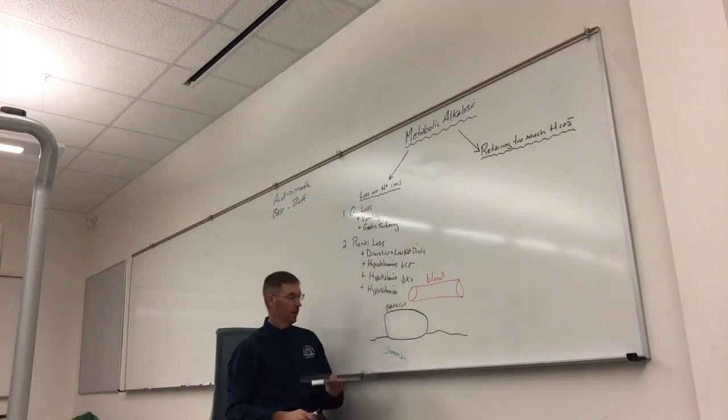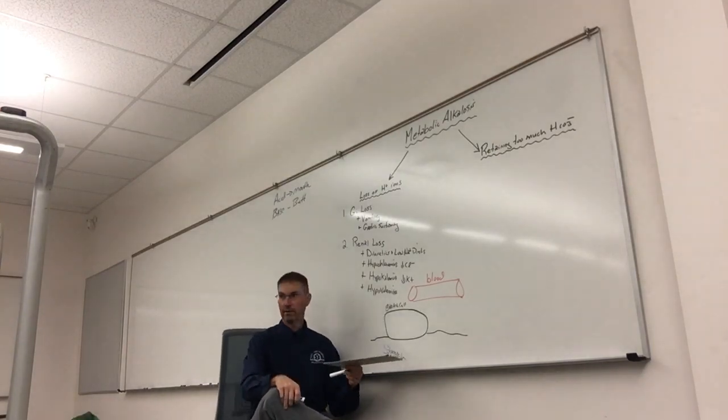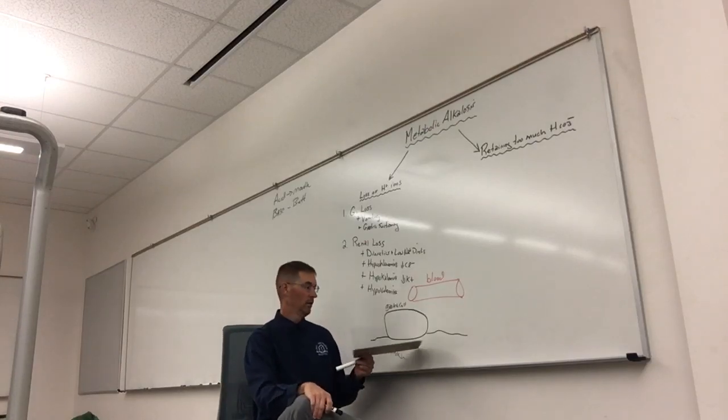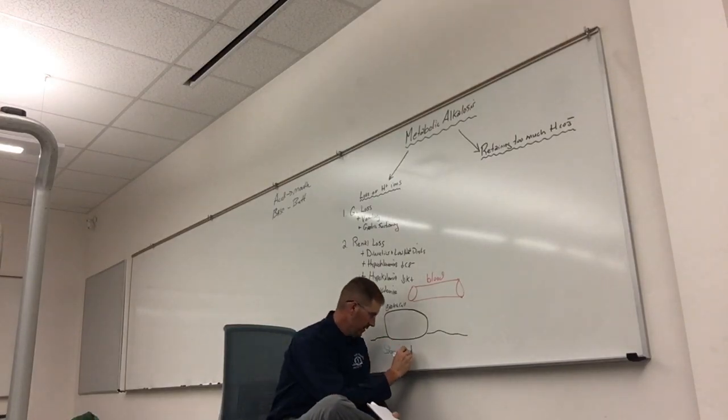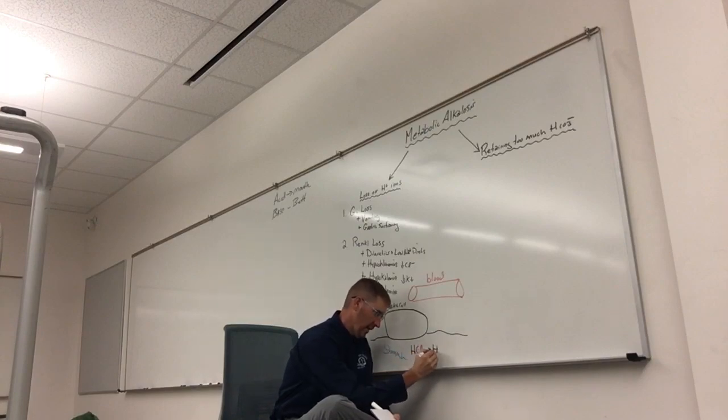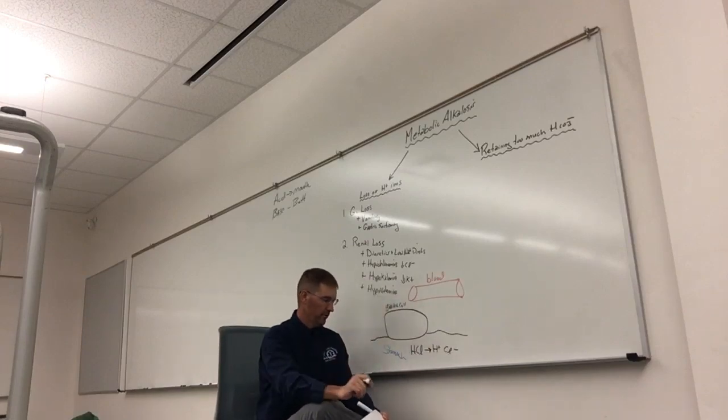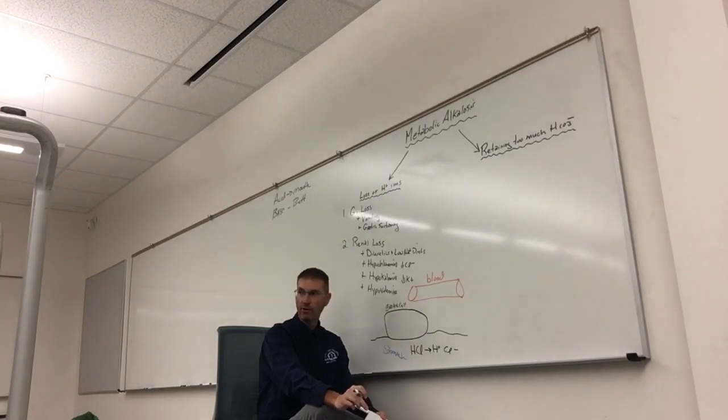Okay, so what do we have in the stomach? What kind of acid? What is this specific acid? HCl. Hydrochloric acid, right? So I have HCl in the stomach. So the question is, and of course the HCl dissociates into hydrogen ions and chloride ions irreversibly. Okay, so the question is, how do I get hydrochloric acid, right? How do I make it?